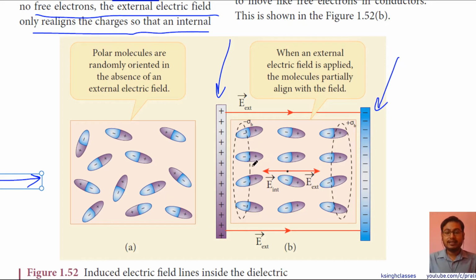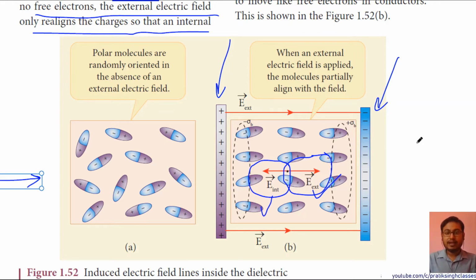You can see there are two electric fields: one is E internal, that is the internal electric field, and one is E external, that is the external electric field. Both of them are parallel, or you can say anti-parallel to each other. The internal electric field is lesser in magnitude than the external electric field, and because of that there is some net electric field in the direction of the external electric field, as you can understand very well with the help of vector algebra, which we have studied in class 11th.